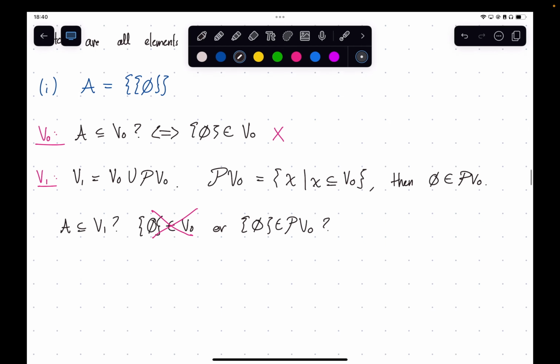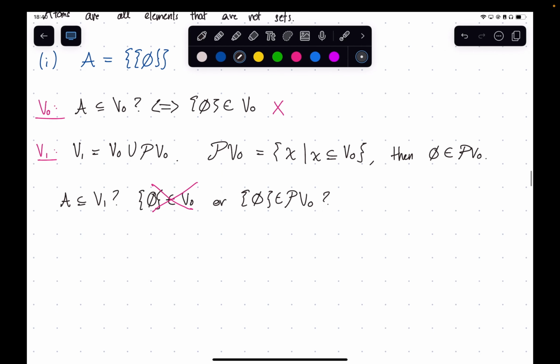And now the question is, is this set in the power set of V0? And recall, well, I guess we just wrote it out. So the power set of V0 is x such that x is a subset of V0. So for this to be in the power set of V0, then we would need this to be a subset of V0. But of course, this doesn't work because